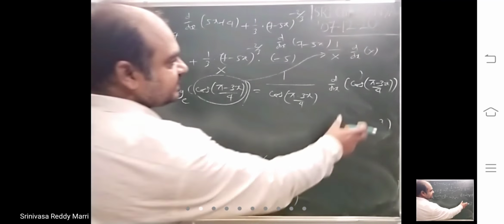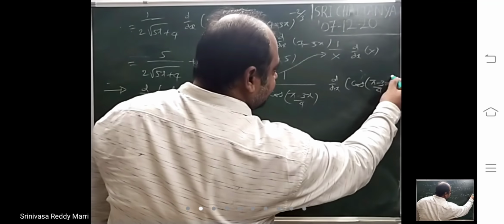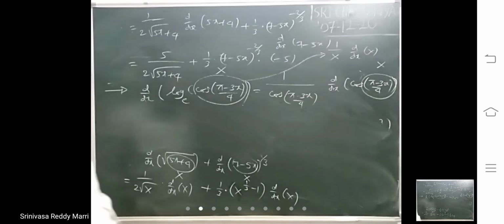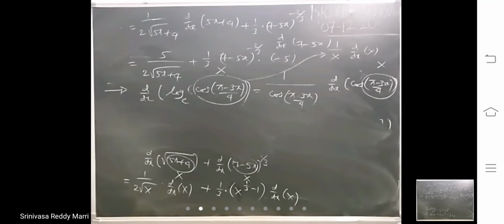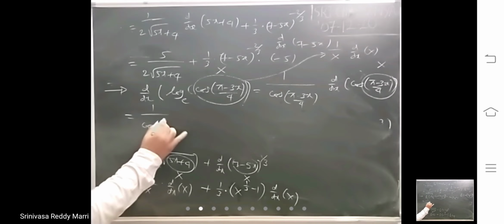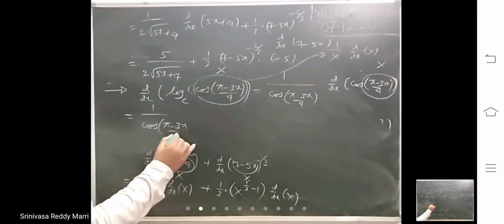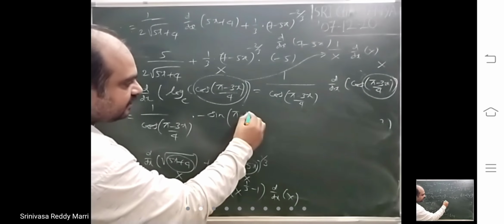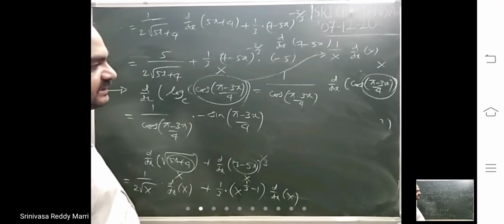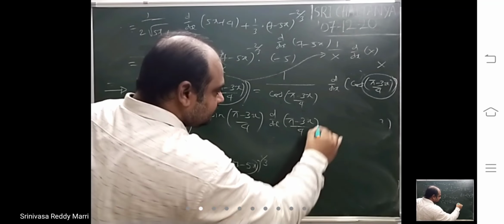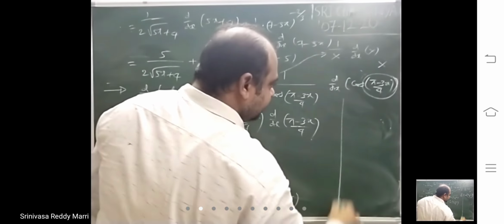So then, this is also not a standard formula, but cos is a formula, you know. So this is completely capital X. What will you write? Cos capital X means what? Minus sin capital X. So into minus sin capital X means what? And again you will write d by dx of capital X. That only you will write, or otherwise you write one more step extra.